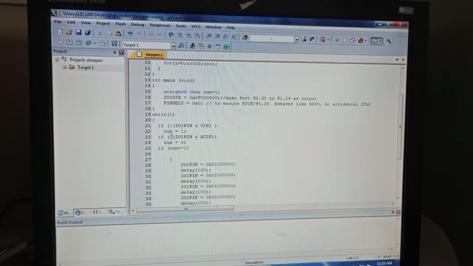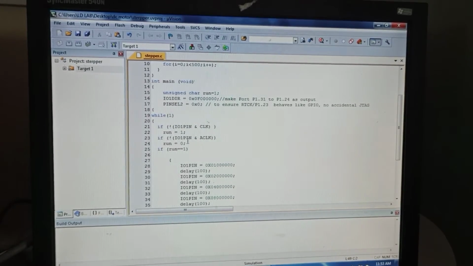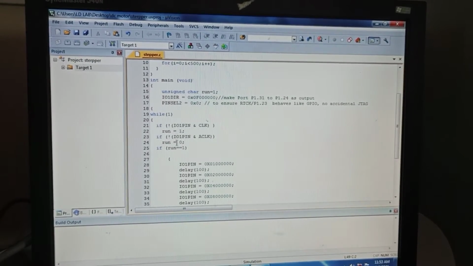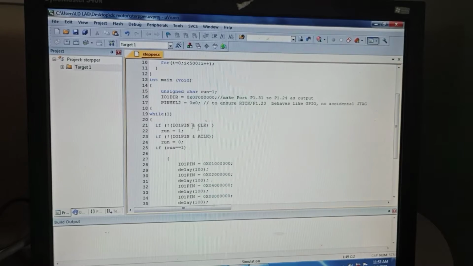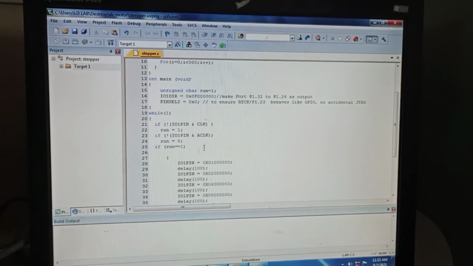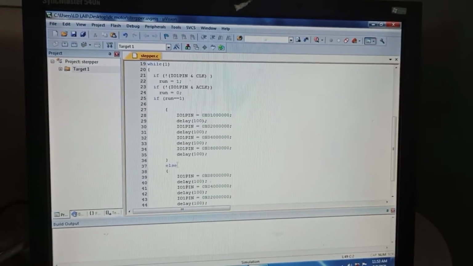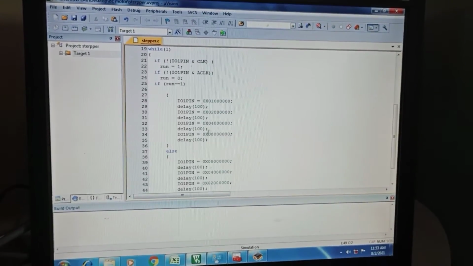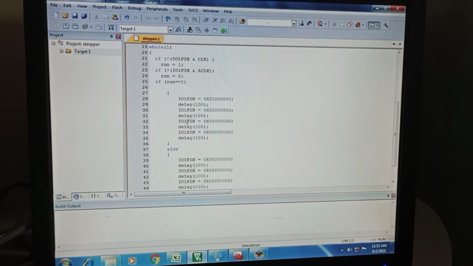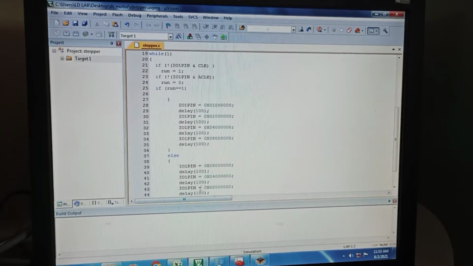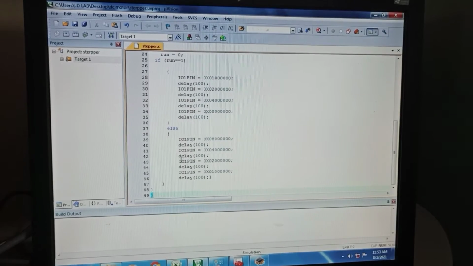See here I am going to use the while function. Each and every function I am going to run separately. I am going to define here an input output pin clock function and an input output anti-clock function. Okay, I am going to define them in the while function. So see, each and every function: this will be a complete clockwise, and this will be anti-clockwise. Okay, this will be anti-clockwise.